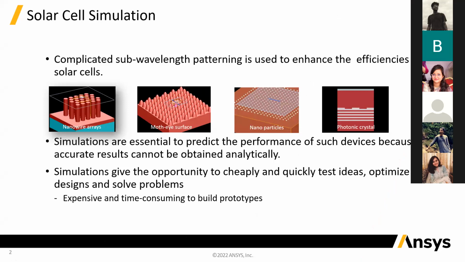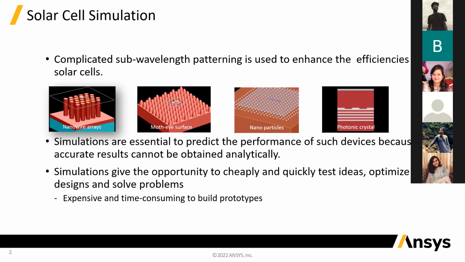The main case where running optical simulations with FDTD can become crucial is when you're simulating solar cells. You just don't have a block of silicon where you're shining light and trying to absorb the light. You want to make your design efficient, and you want to make your design as small as possible to reduce cost. The only way to achieve that is by making enhancements to your design, and the most common way of doing that is to use some sort of patterning on your device.